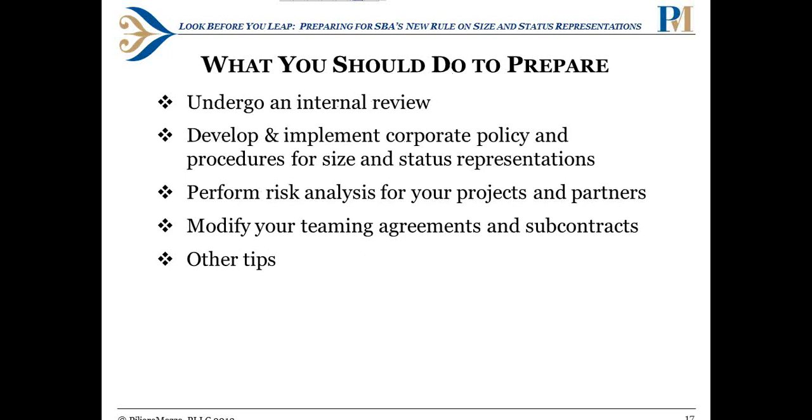Okay, so we've got a nice foundation now in what this new rule is and what it requires and some of the scary aspects of it and some of the potentially helpful aspects of it. So what should you do? We've got several suggestions, and we've grouped them under these categories. Internal review, develop and implement corporate policy and procedures for size and status representations. Those 2 items are really things that you ought to be doing right off the bat. The next 2, perform risk analysis for your projects and partners and modify your teaming agreements and subcontracts. Those you could roll out on a going forward basis as opportunities come about that warrant it. And then we're going to wrap up with a few additional suggestions, and I'm going to let Peter get started